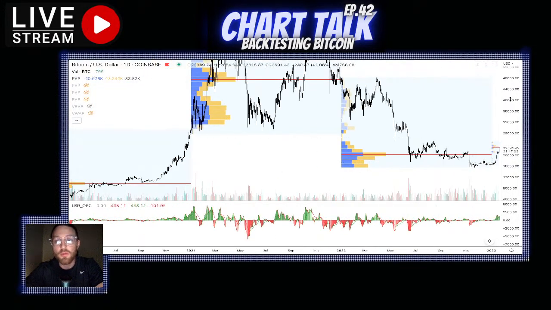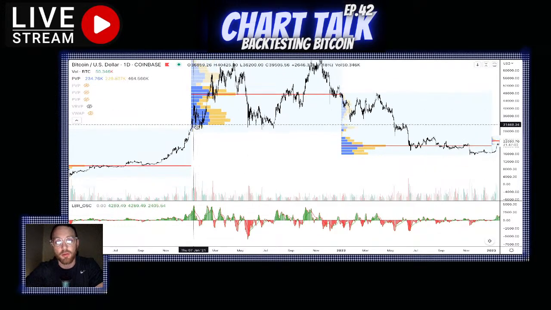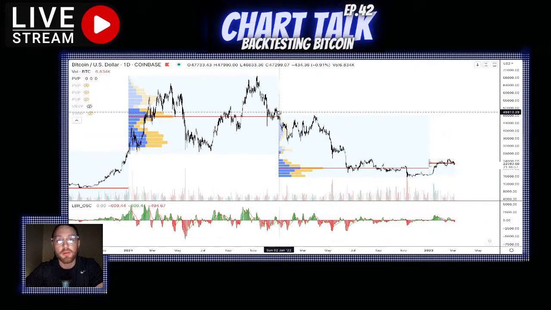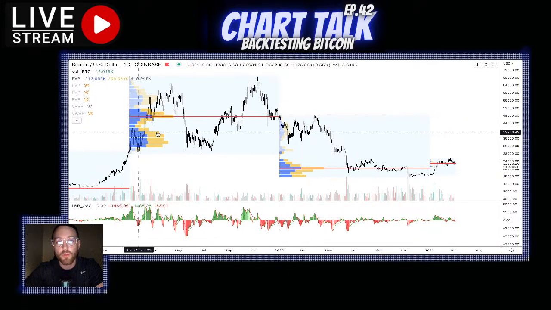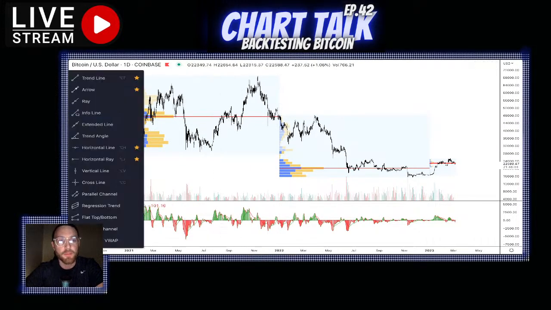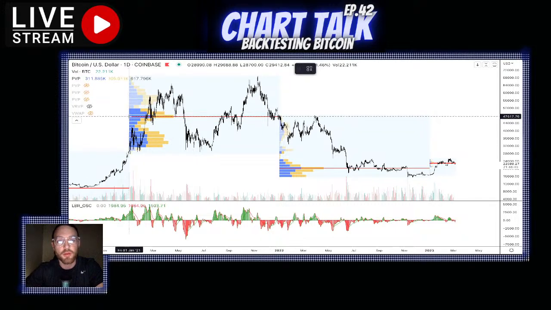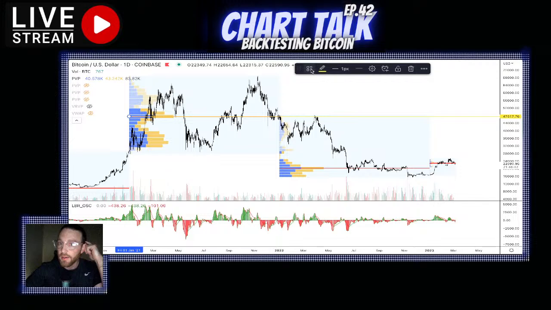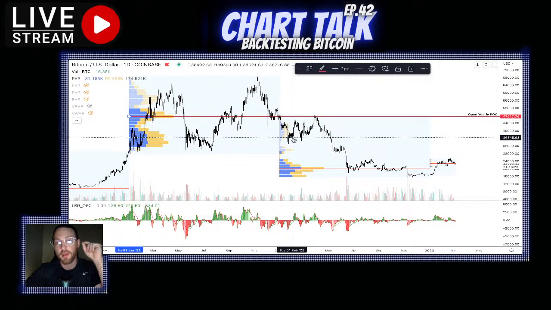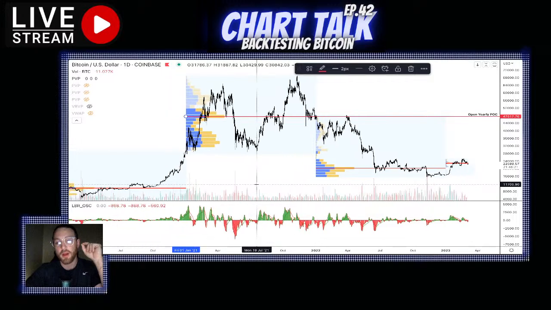Now, when you move to the left, you can see that there was a ton of volume here. These are yearly profiles. This was the full year of 2021, this box. What this is showing is that the point of control here was the most traded price in that year. You see what happened at the beginning of the year in 2022: we break out, we come test this, and then we tank. So we still have not yet tested